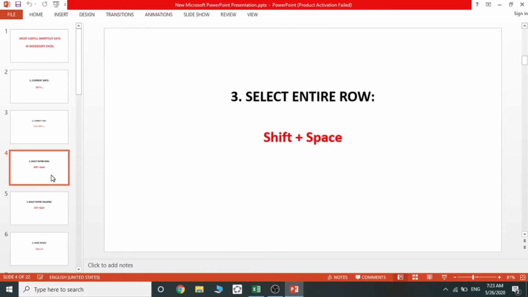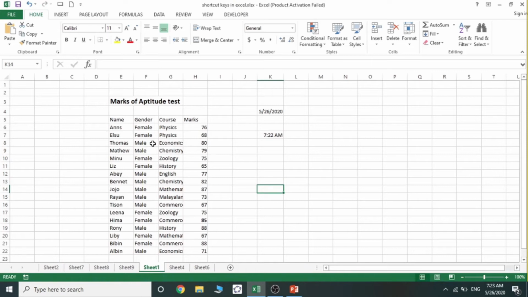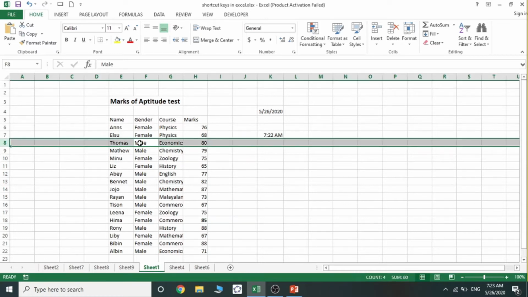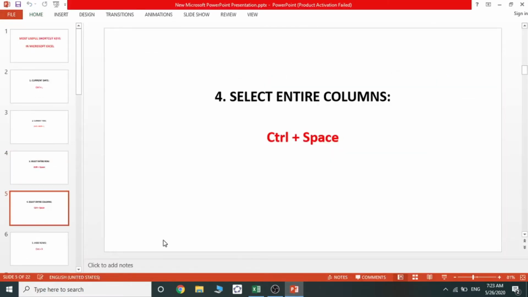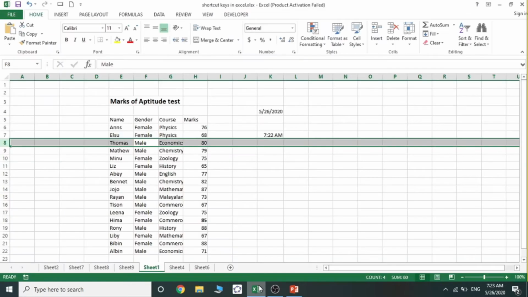Third option is selection of entire row. The entire row can be selected by using Shift plus Space key. So we have to select this entire row. Click on Shift plus Space. Look, the entire row is selected. Similarly, we can select the entire column by clicking Control plus Space.